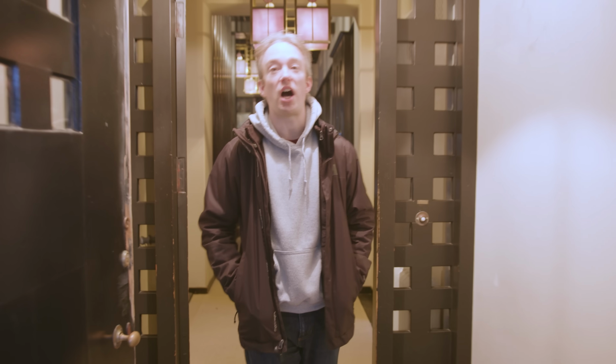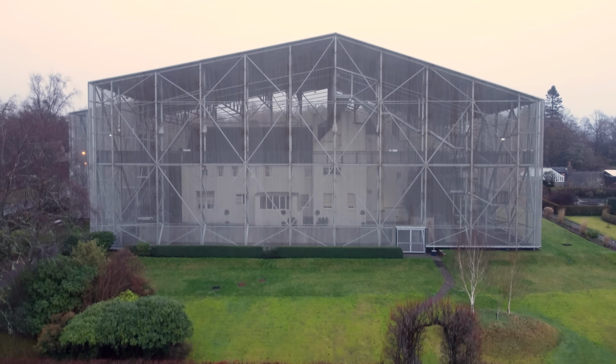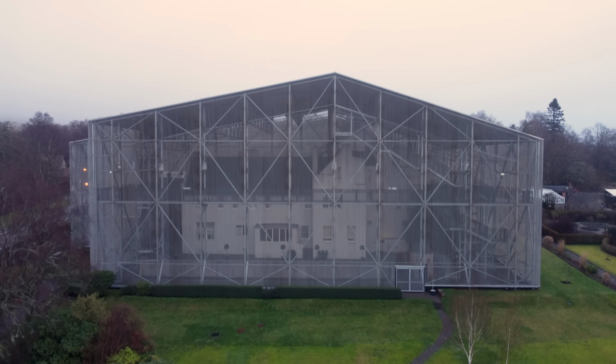The first step of saving this house is to dry it out, slowly and carefully. The problem is, it rains 190 days a year around here, so the National Trust for Scotland had to build a very big drying room. The Hill House is so important. It is globally known. We attract visitors from all over the world on a pilgrimage to come and visit the